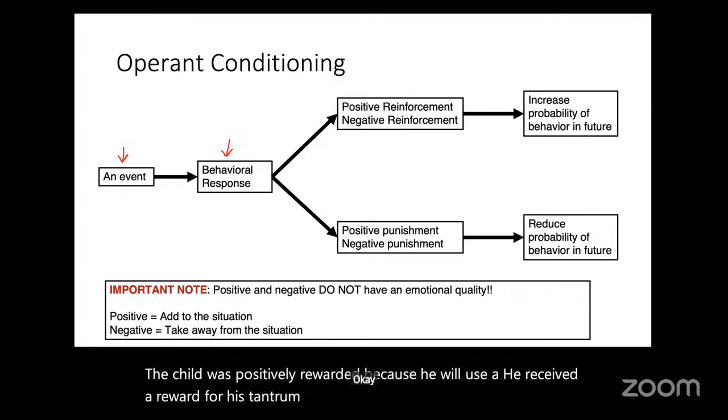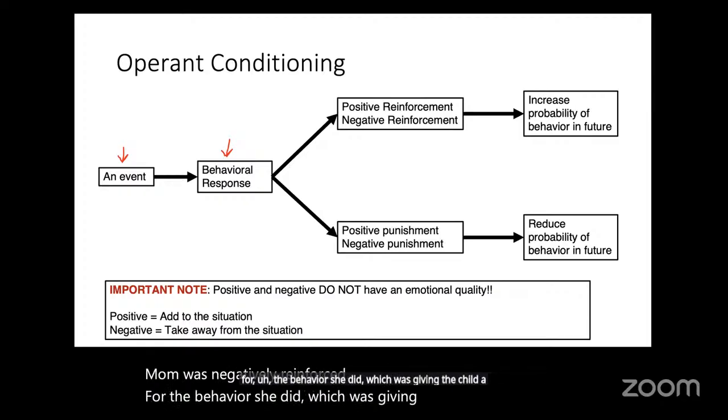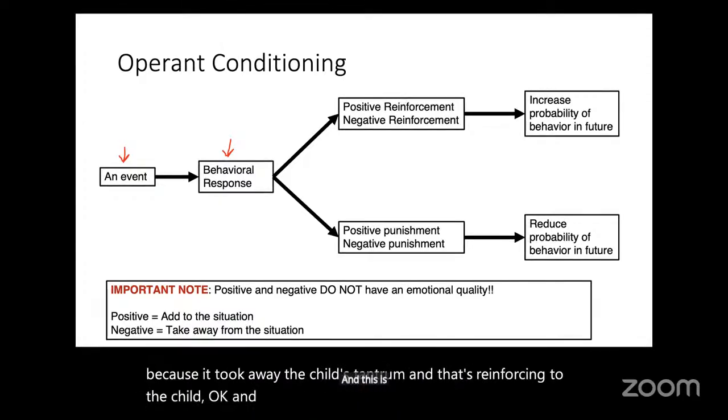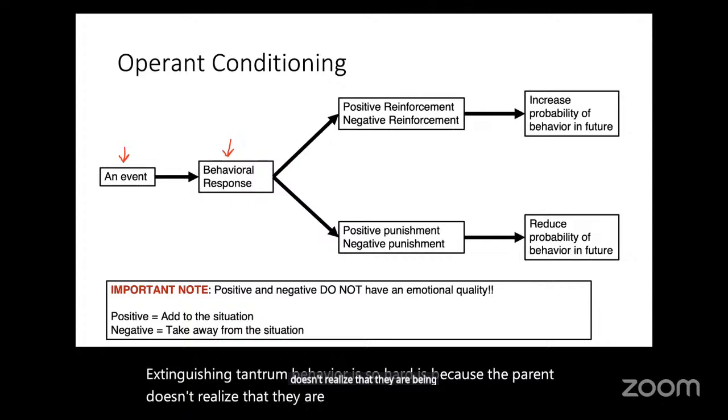Okay. But mom was negatively reinforced for the behavior she did, which was giving the child a candy bar, because it took away the child's tantrum, and that's reinforcing to the child. Okay. And this is partly why extinguishing tantrum behavior is so hard, because the parent doesn't realize that they are being reinforced